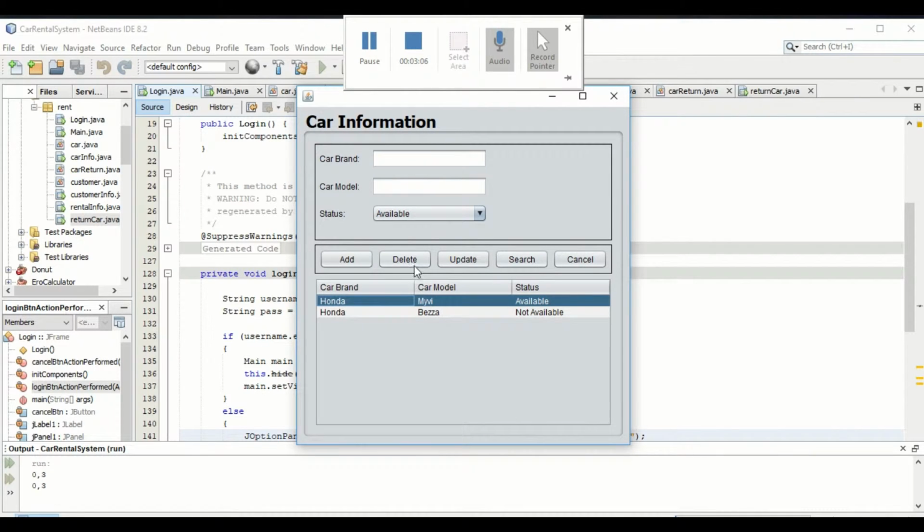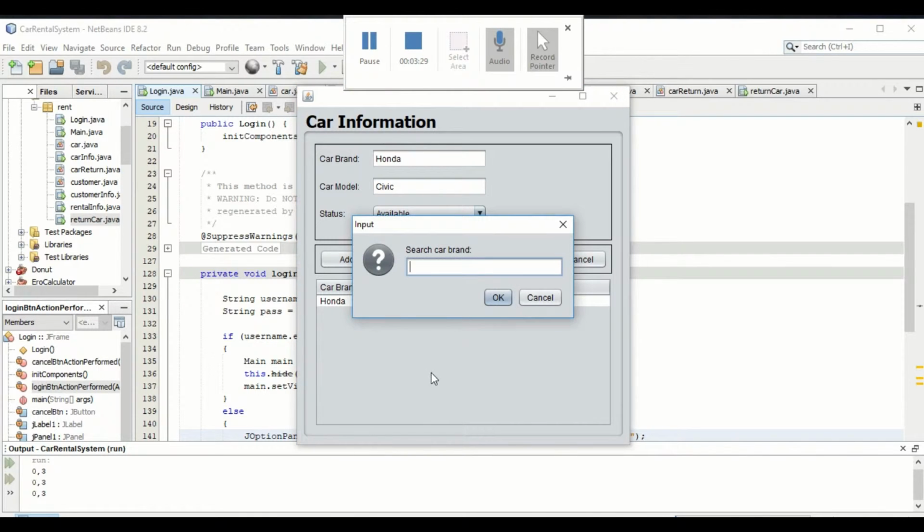And if you want to delete, yes, you can delete this data. If you want to update, yes, you can update. Honda Civic, and click update, it will update the information, and it will update the status too, because we didn't change the status. And if you want to search our car brand, we just search Honda,